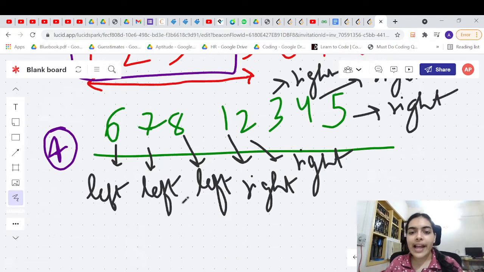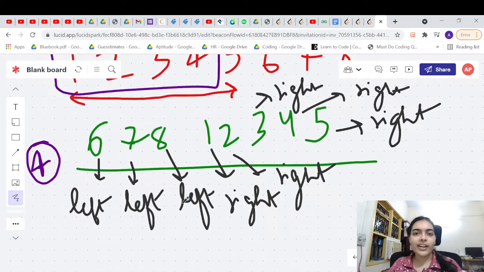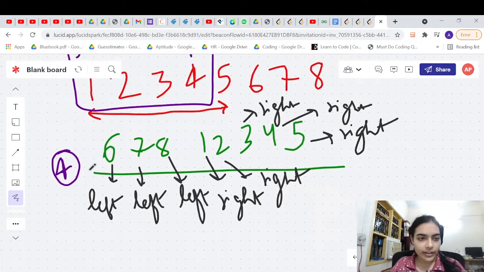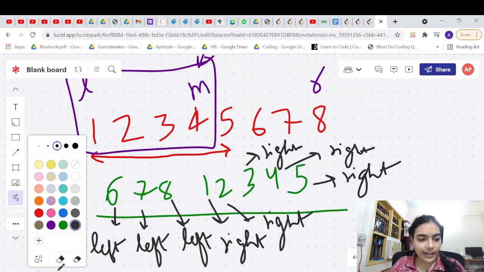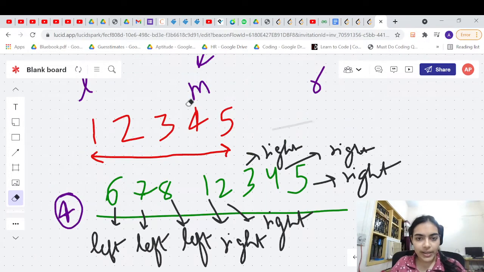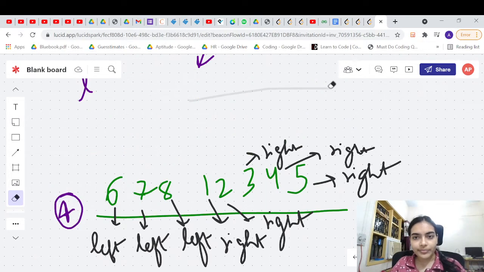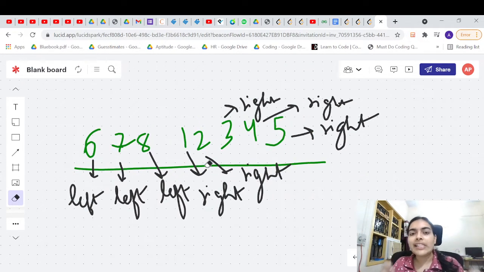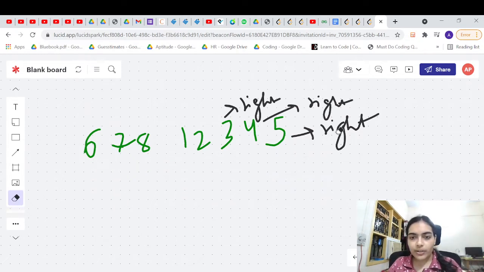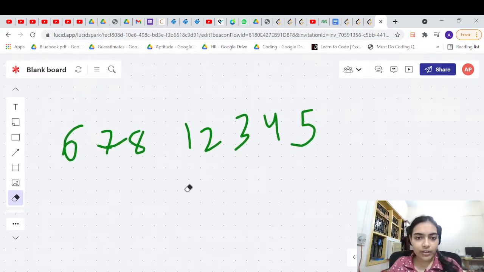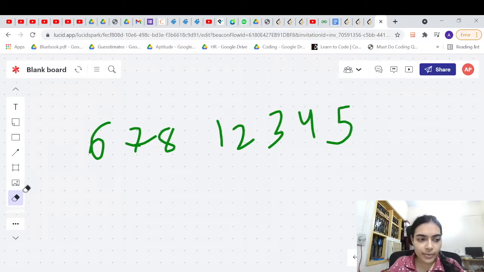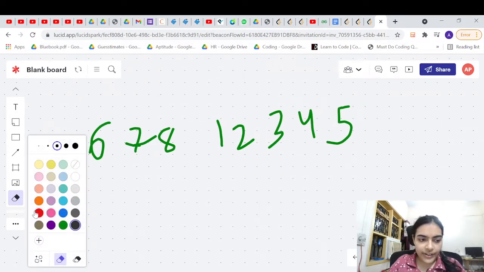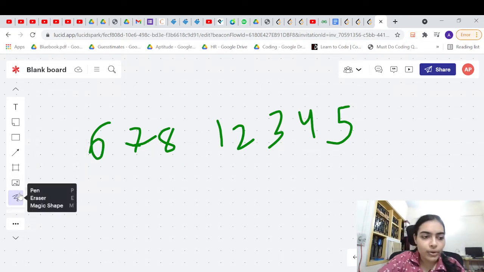So is the array still sorted? It is sorted, but not in the usual way that we call sorted. It's not sorted like the red colored array. Let me delete it so that we make some space. It's not sorted like this array, right? But it is still sorted in a way, because if you look at each element, it's either sorted leftwise or rightwise. Okay, so how is it going to help us? Knowing this is very important, because now we know every element is either left side sorted or right side sorted. Now we are going to make use of this.